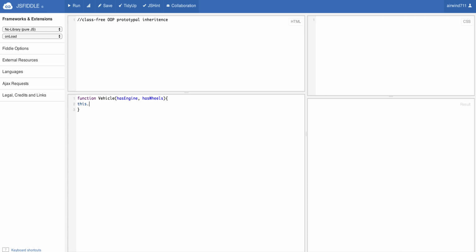Say this.hasEngine equals hasEngine or false. Either it's there or it's not there. The same applies to hasWheels also. Say this.hasWheels equals hasWheels